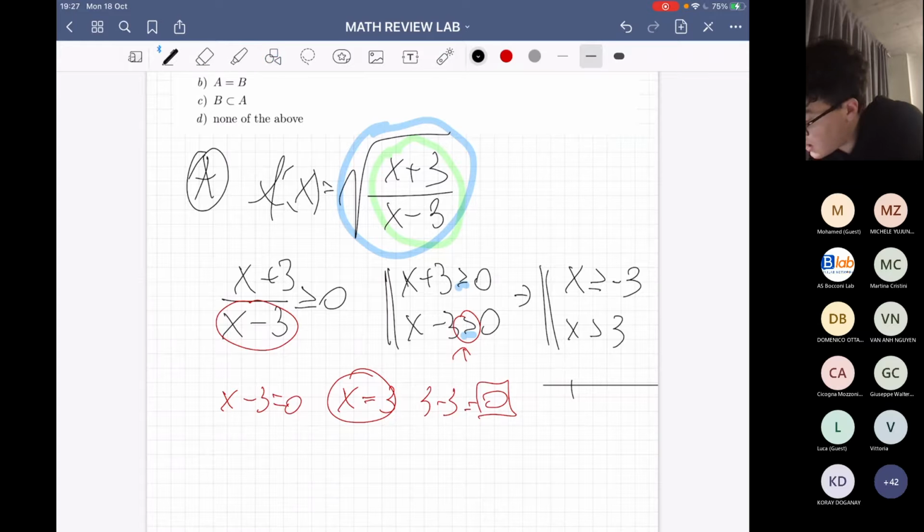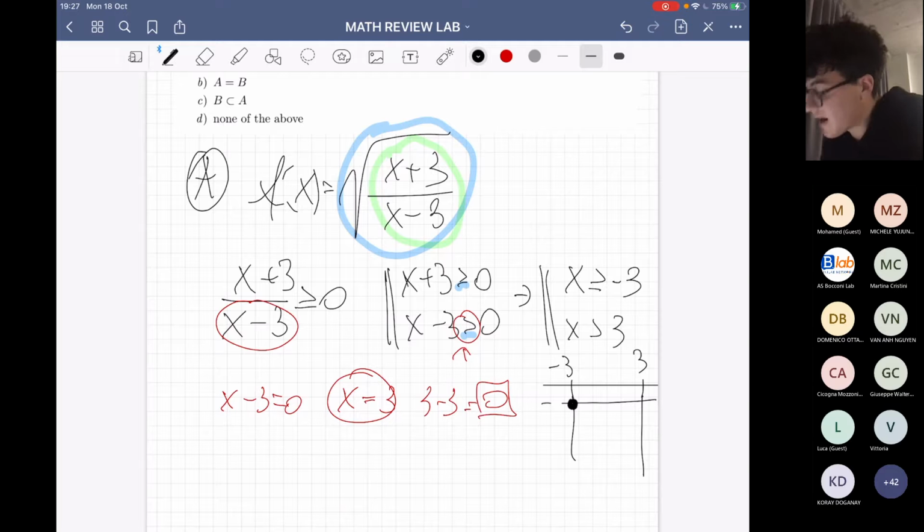Again, here is minus 3, here is 3. If we have to study the sign, if we put x greater than or equal to minus 3, we will put a continued line here, with this point included, so we put a complete mark here. Instead, if x is only to be greater than 3, we just put the continued line here, while here it is discontinued, and we put an empty bullet, because of course it's not included.